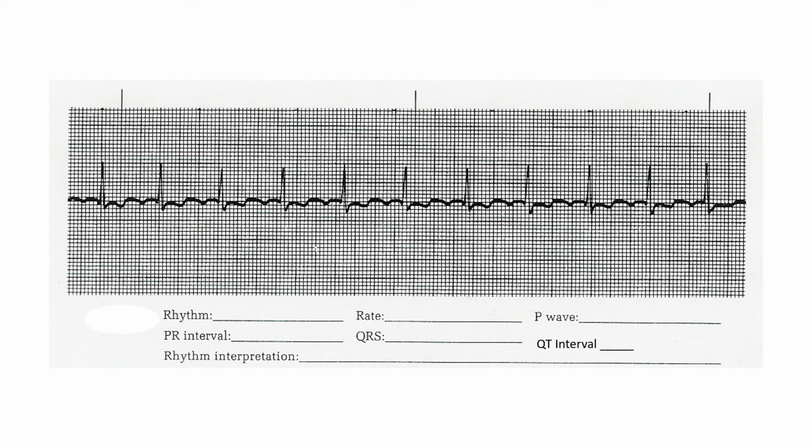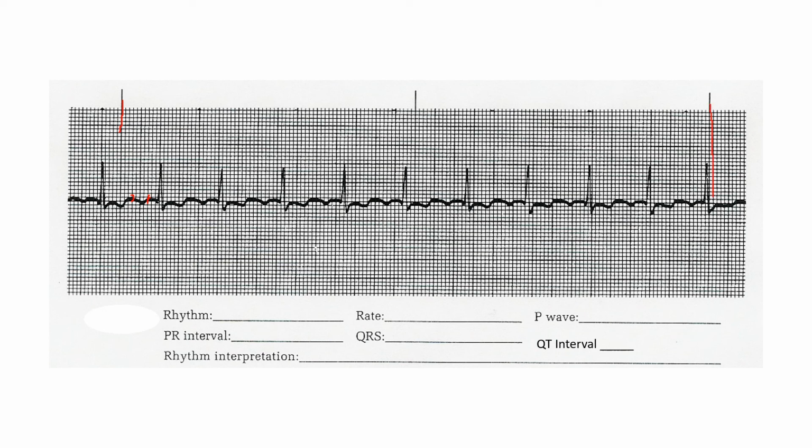On 716, this is a regular rhythm. Now you can do an atrial rate and a ventricular rate. I'm not sure if you did that or not, but if you did do an atrial rate, the atrial rate came out to about 300. So there's 5 boxes between each of these flutter waves. So you have an atrial rate of 300, you have a ventricular rate of 100, and it is regular, so you can use the small box conversion table, or if you use the 6 seconds,